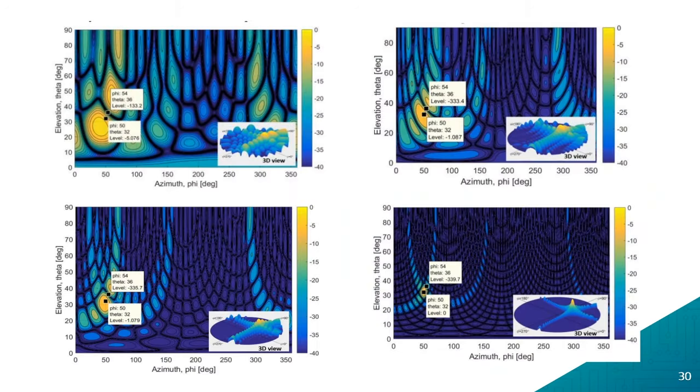And here are some simulation results given in the paper to show the variation in beamforming pattern with change in the number of antenna elements. As the number of antenna elements changes from 16 to 64 to 256 and finally to 1024, from top left to bottom right, we see that the beam gain of the signal of interest increases while the effect of the signal not of interest decreases.